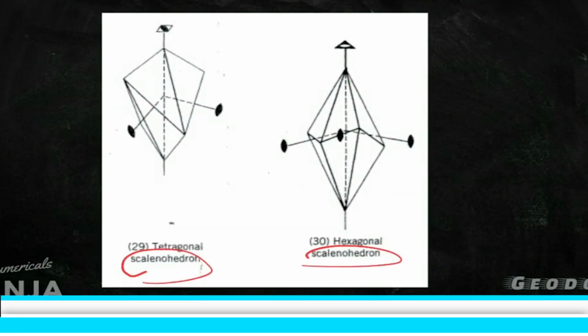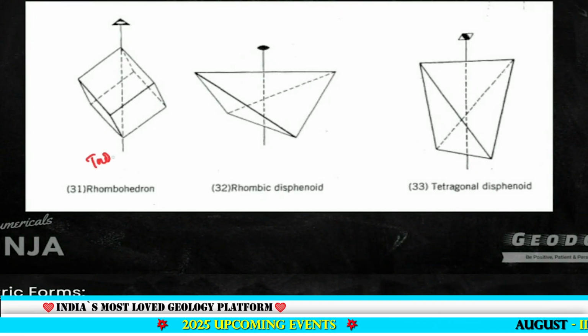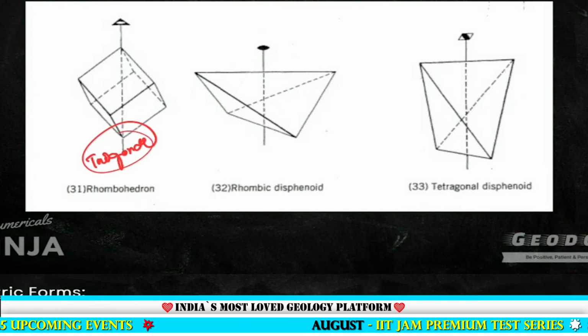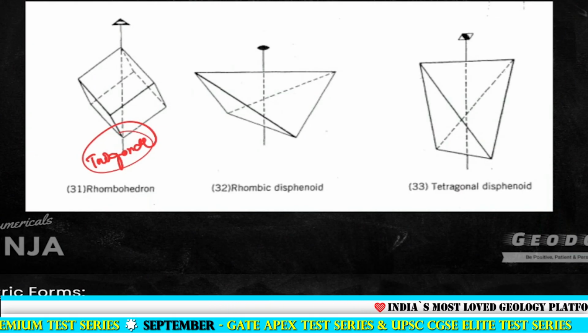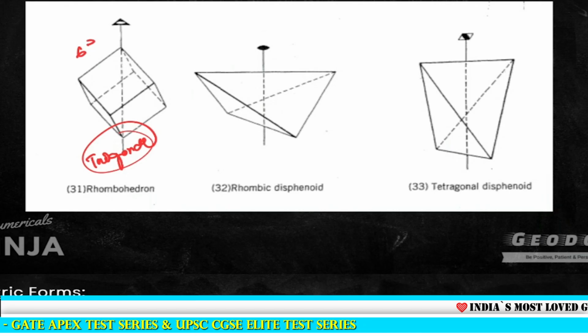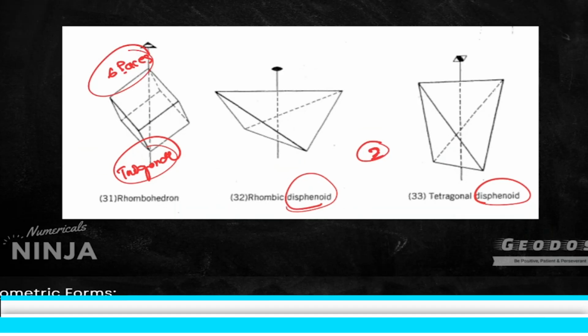स्केलेनोहेड्रन केसेस में 2 टेट्रागोनल एंड हेक्सागोनल क्रिस्टल सिस्टम में आते हैं. देयर इज 2 नंबर्स ऑफ फॉर्म्स ऑफ दिस स्केलेनोहेड्रन. ओके, एंड देन आफ्टर दैट देयर इज rhombohedron in case of the trigonal. Okay, trigonal crystal system. And if you are going to see rhombohedron cases में there will be 6 faces. ओके, एंड अब में डिस्पेनोइड भी 2 होते हैं, 2 डिस्पेनोइड्स आते हैं इन रम्बिक एंड देयर इज टेट्रागोनल. ठीक है, और डिस्पेनोइड को हम और भी बोलते हैं, इट इज आल्सो कॉल्ड एज